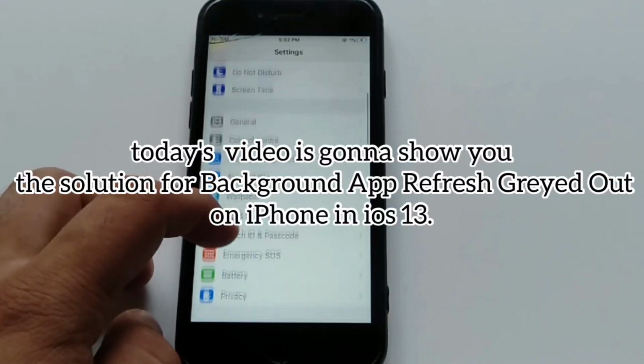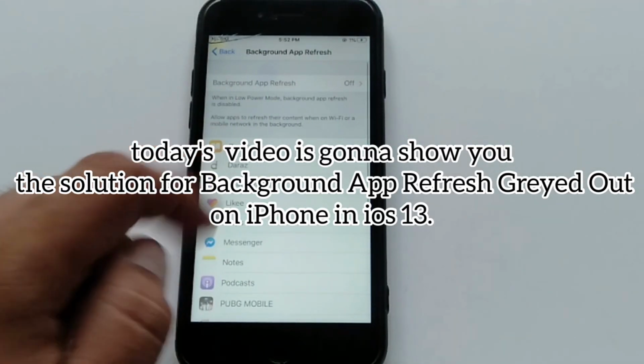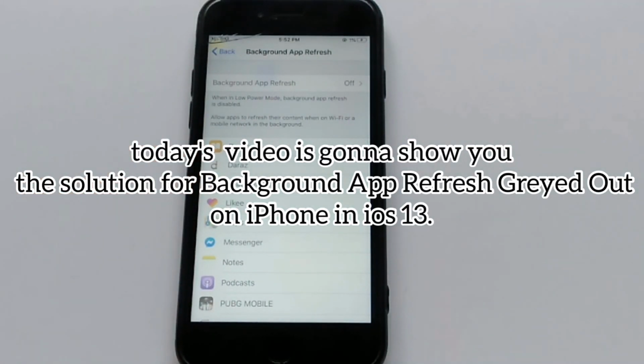This is Zishan and today's video is going to show you the solution for background app refresh grayed out on iPhone